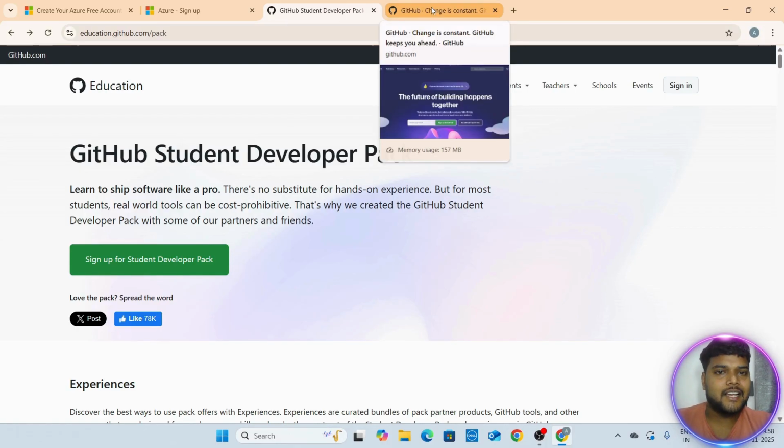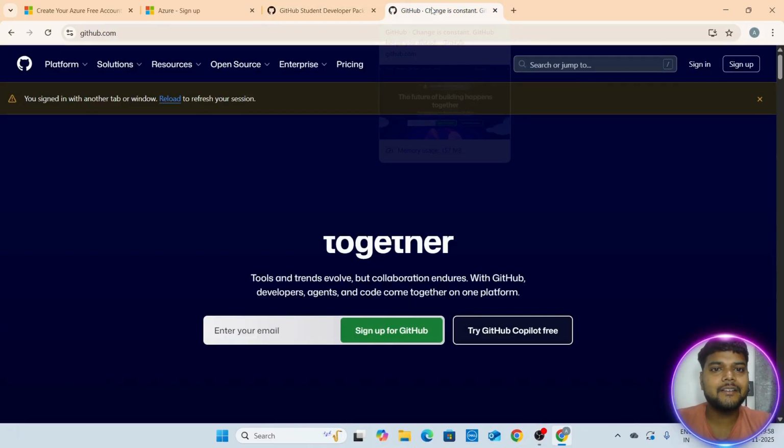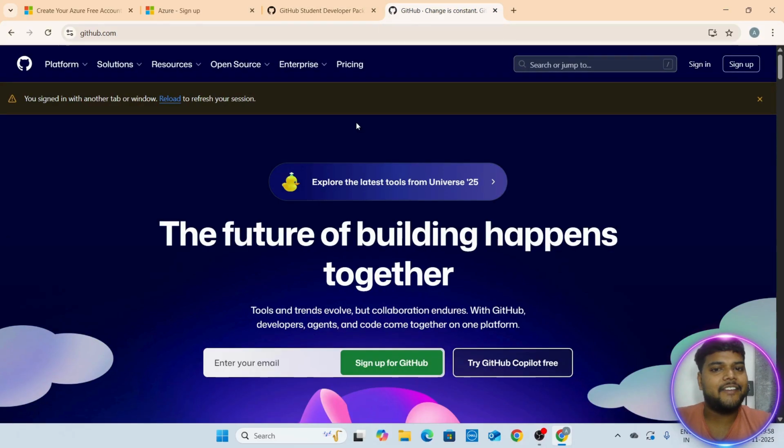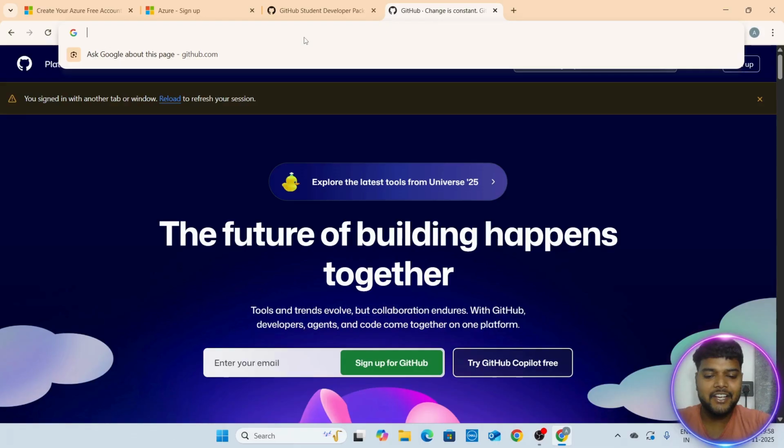Okay, the last one. Most of the students ask about this, like how we can do that if we don't have the email and all those things. So there is another option. I'm just going to show you how. So first go to Chrome and go to